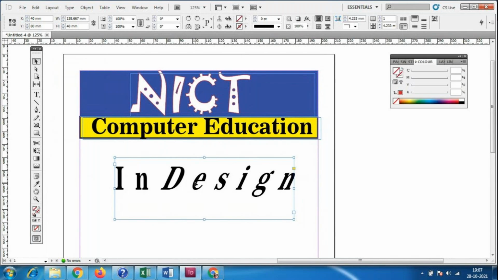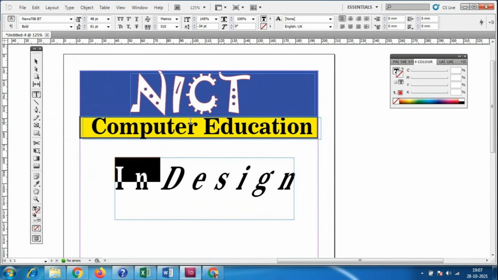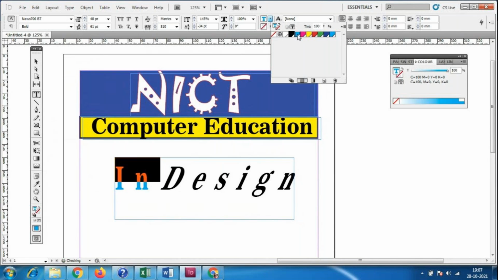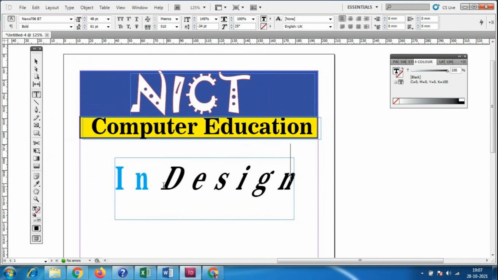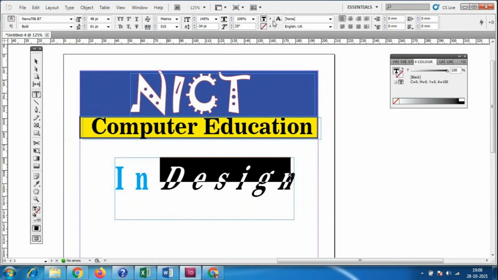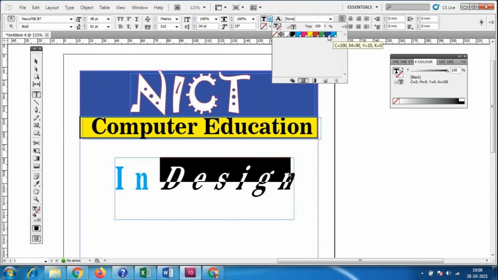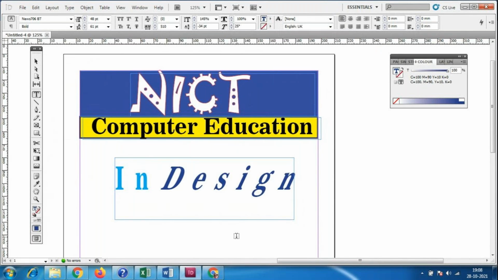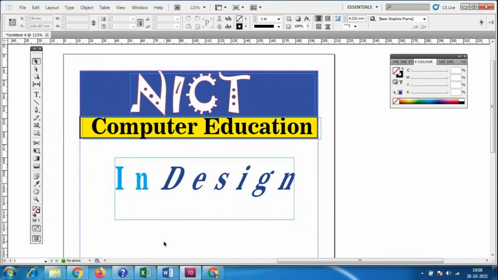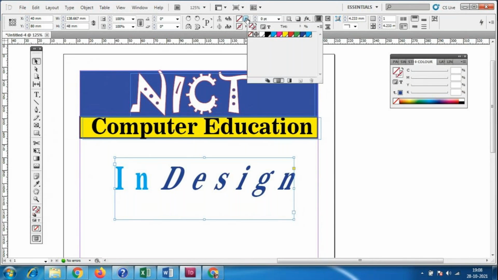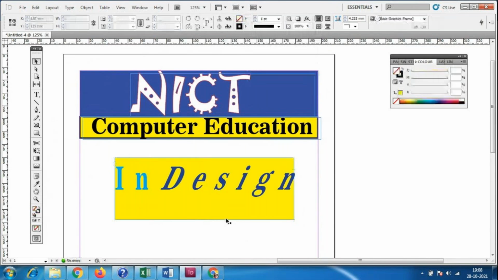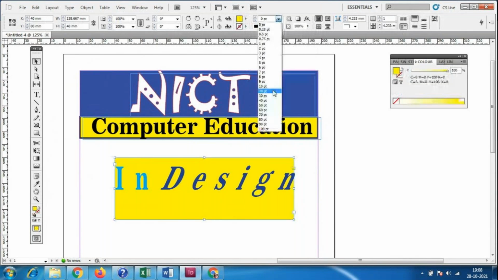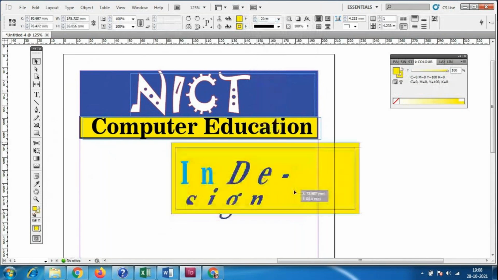So double click on this, select it like this, and change the color of the text. However much area you are selecting, double click on this; sometimes it is not selecting. So go to the selection tool, double click on this text, change the color of the text, and give the outline for everything. You can do it even for this box also. We can fill the color for this box, and for this box only we can add some outline things, which is not coming properly.